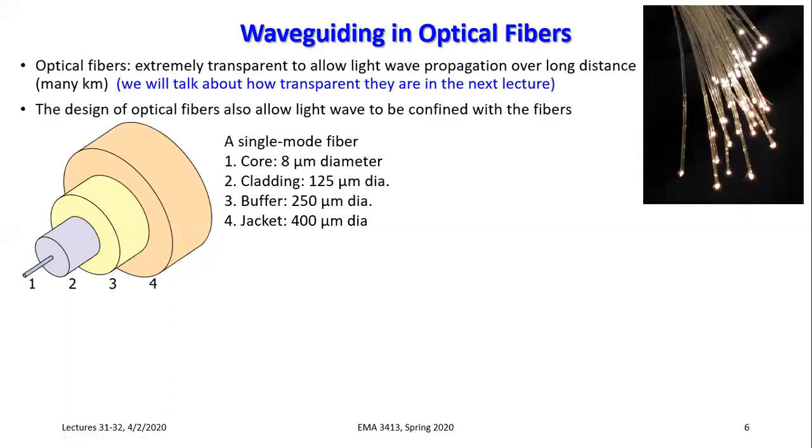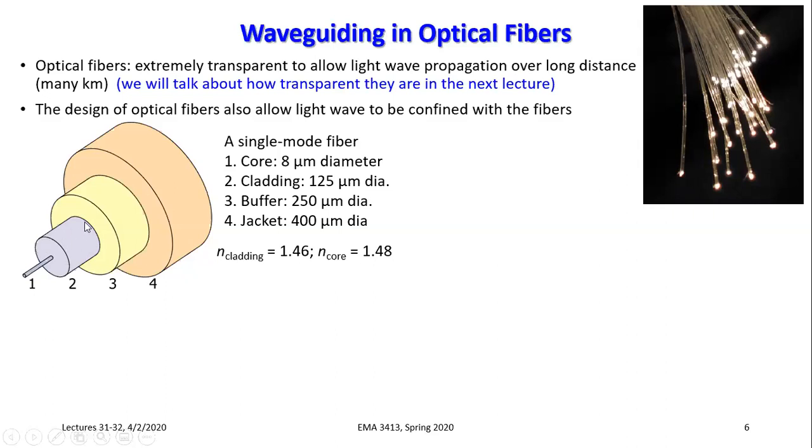Okay, the multi-mode fibers will be bigger in the core. So this is the core, the 8-micron diameter for the single mode fiber. Multi-mode fiber can have a core diameter of tens of microns or hundreds of microns, so that they can have a bigger throughput of light wave. But for these single mode fibers, the diameter of the core is very small, 8 micron, and that's glass. Okay, and there's also cladding,